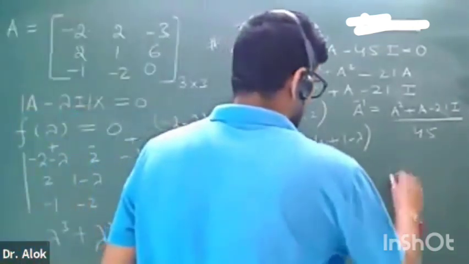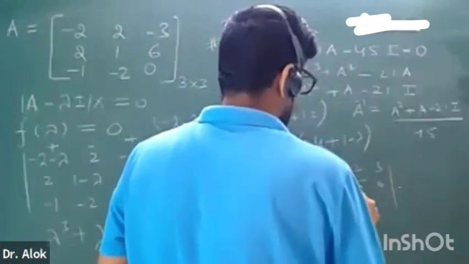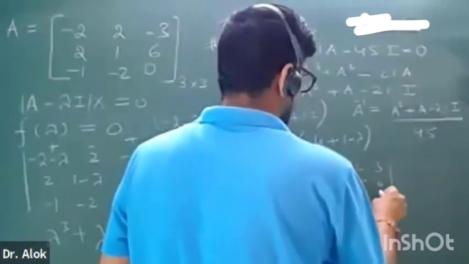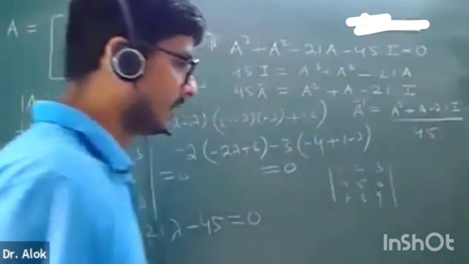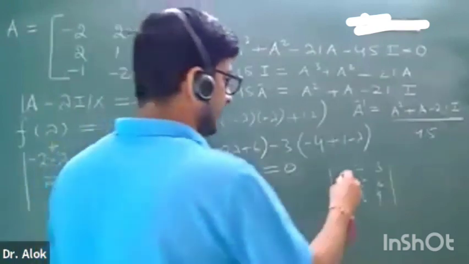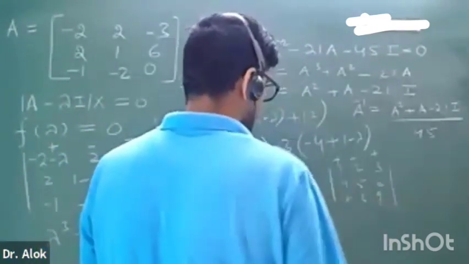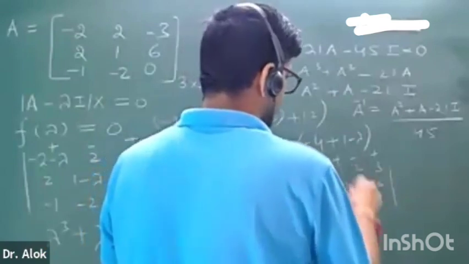Suppose you have this 1, 2, 3, 4, 5, 6, 7, 8, 9. Suppose this is some determinant. So can you open this determinant? So it is opened like this, plus, minus, plus. So you take 1 and then